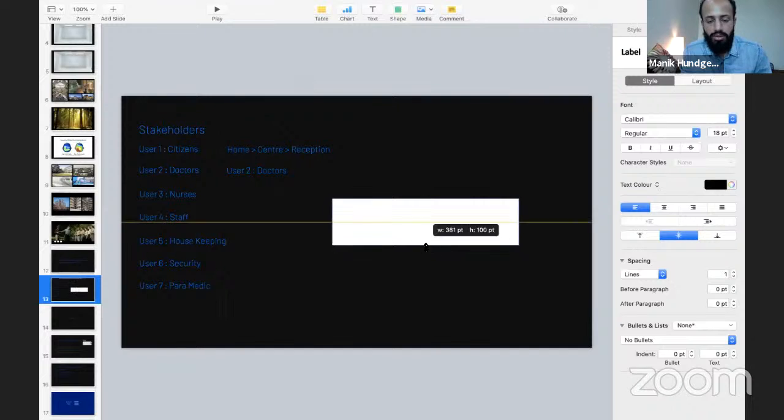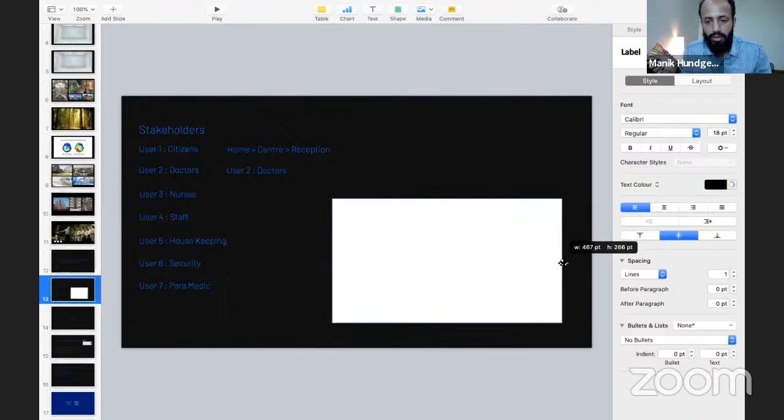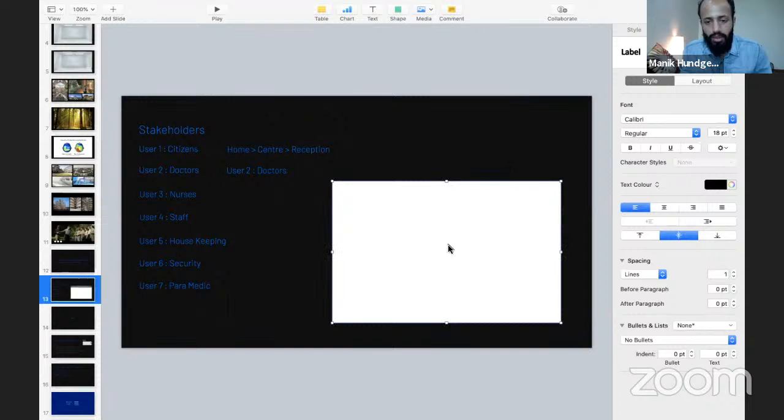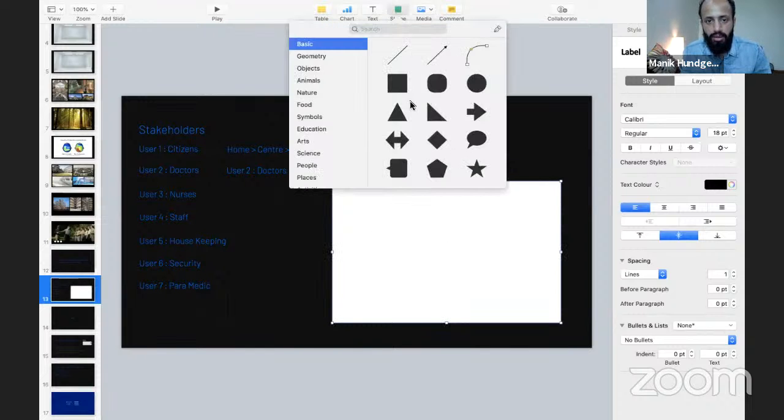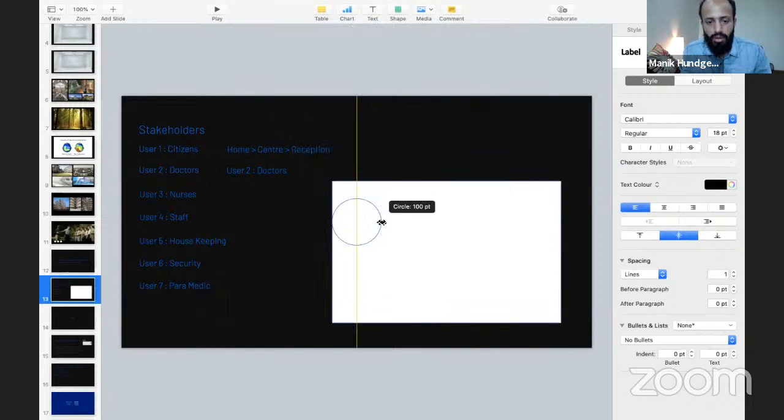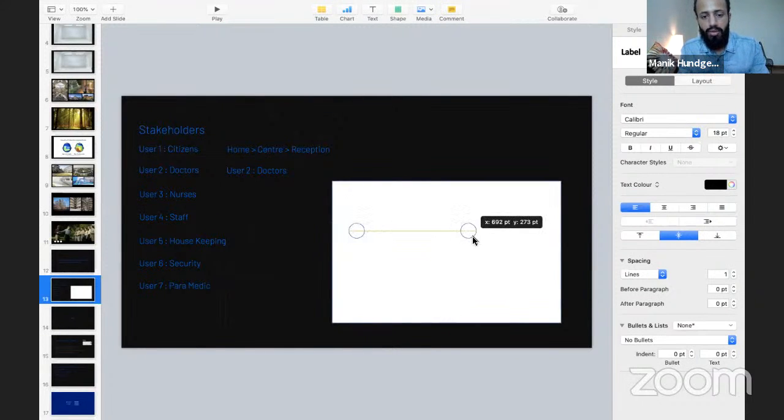So consider your page to be this rectangle, right? You have it. And you have this person A and person B, which is your nurse. And this person is your citizen. And this person is here for getting his vaccination, and the nurse is here. So now this is the whole area, right?